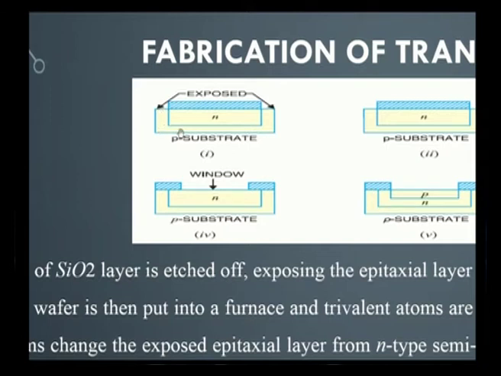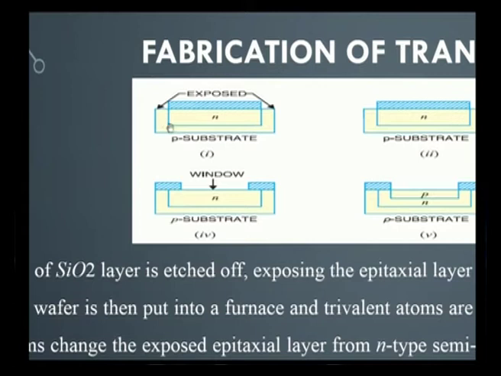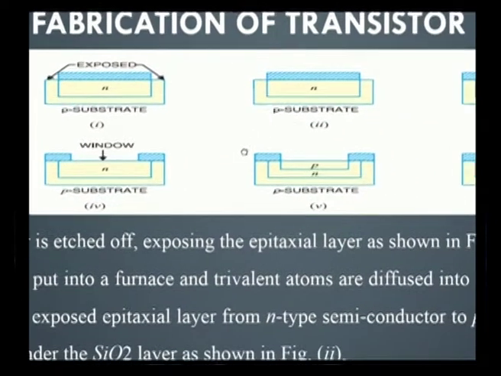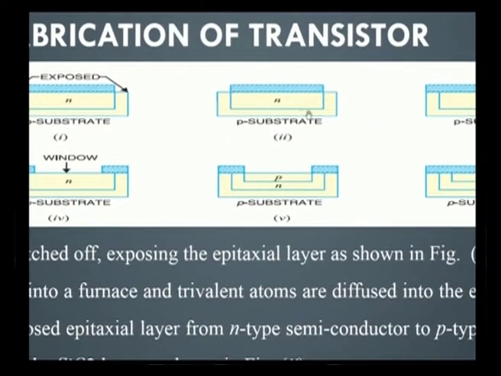We get the P substrate, and on top of it silicon dioxide will be there, but after etching of the silicon dioxide layer, the sides of the silicon dioxide layer will be etched off, so that we can get an N well. To get an N well, we need to diffuse the P substrate with an atom, so that we are able to get an N type well. So, we are able to achieve the N type well here.